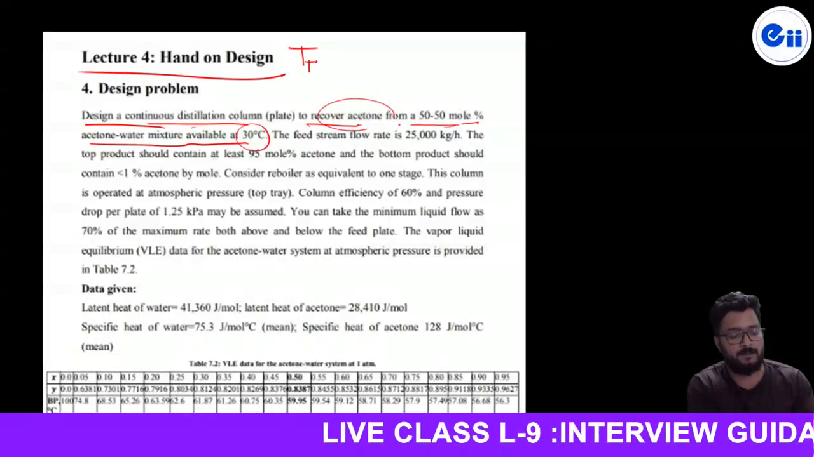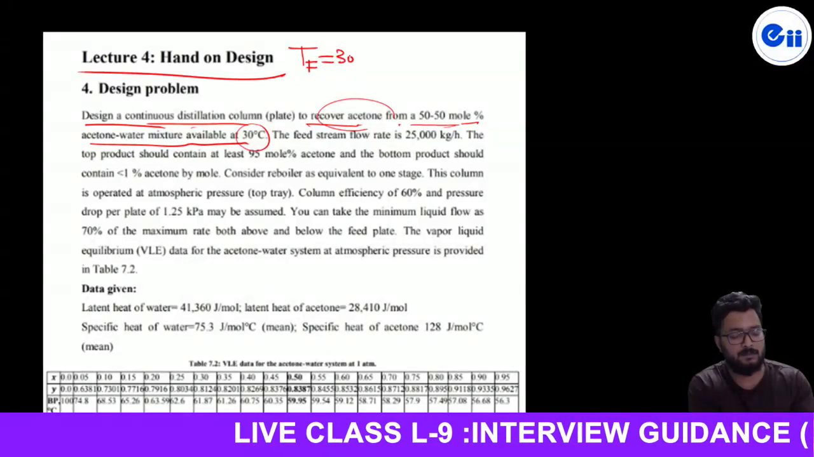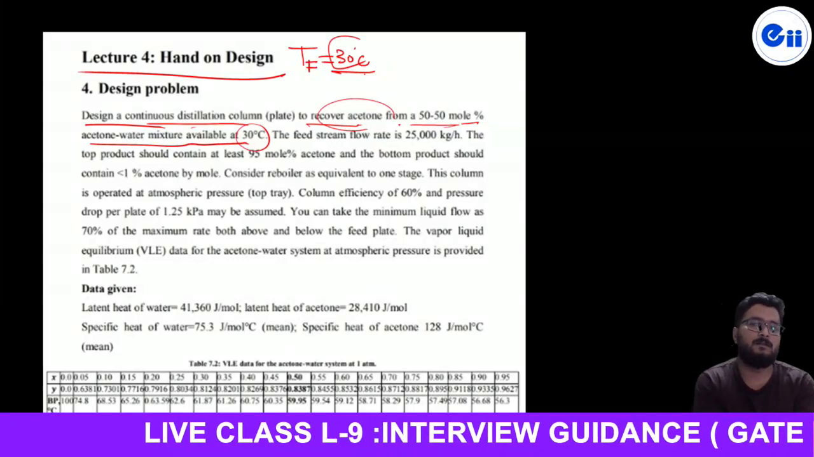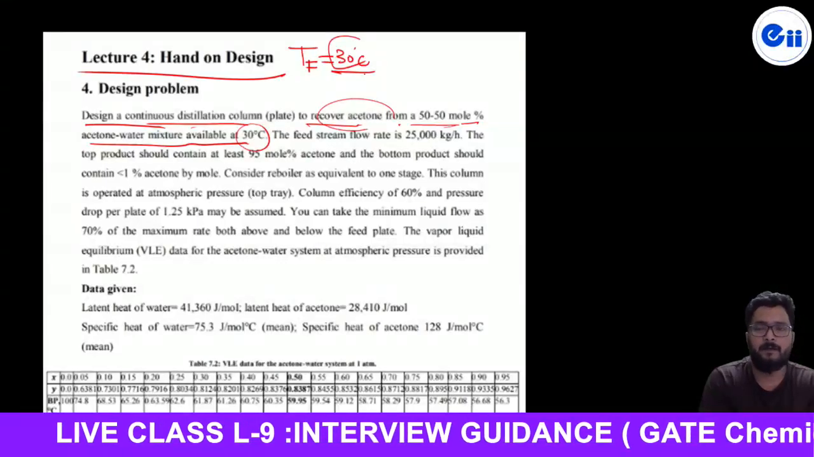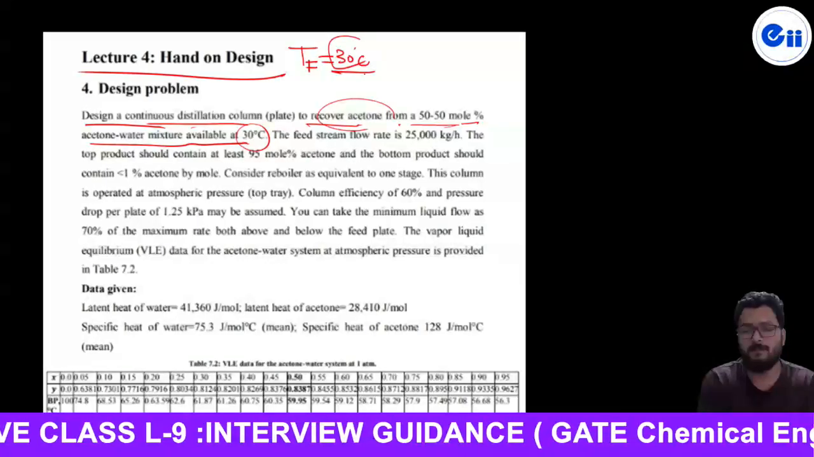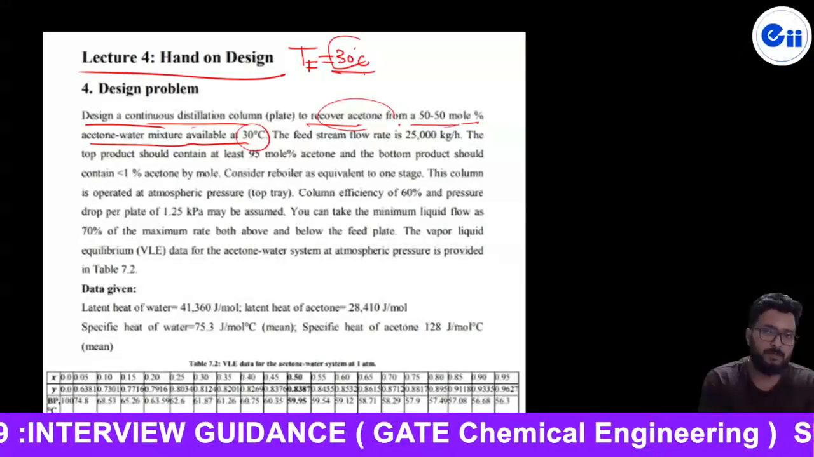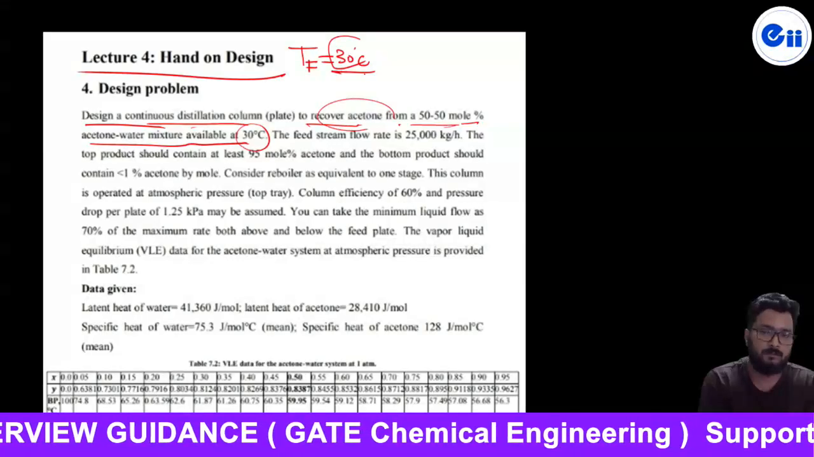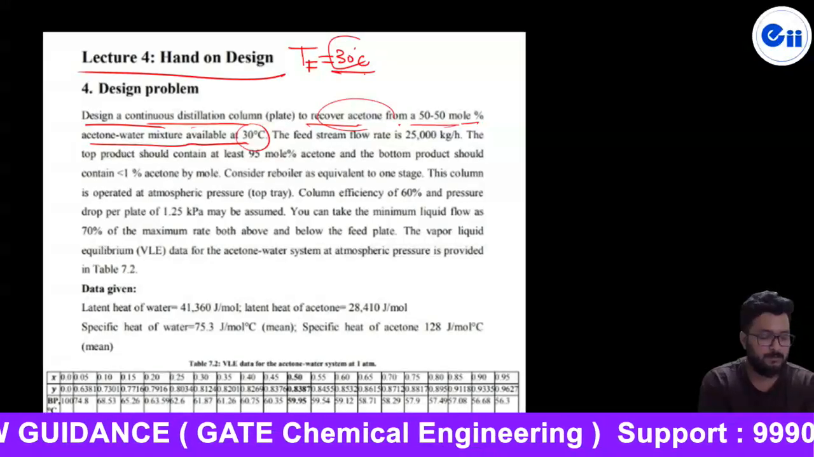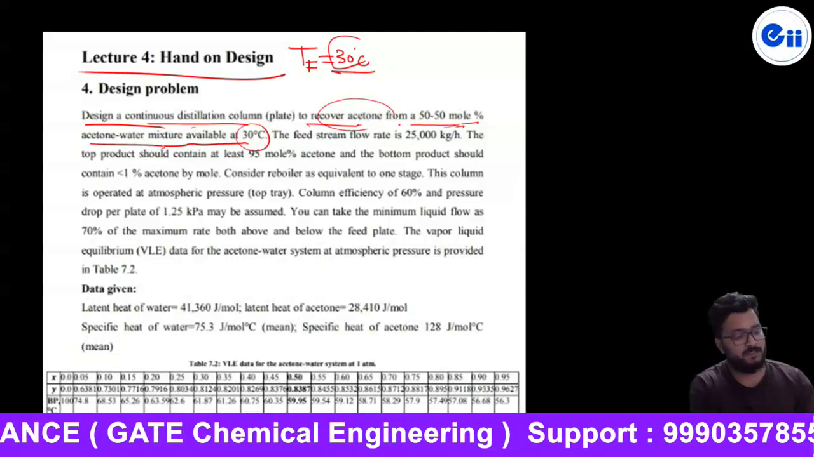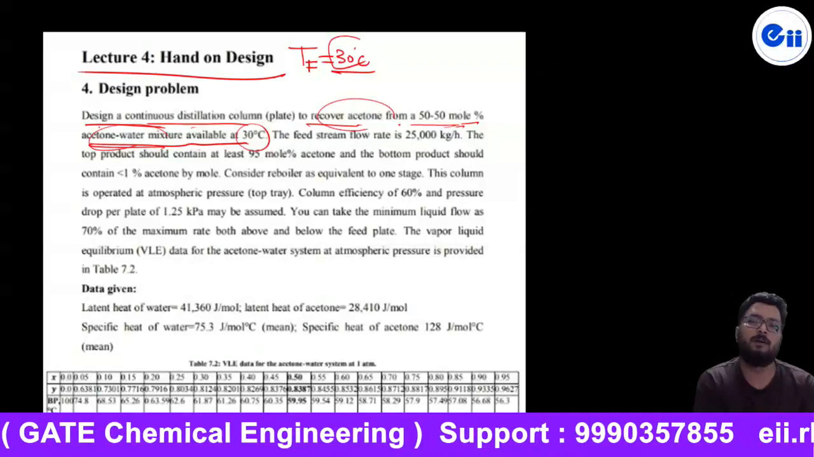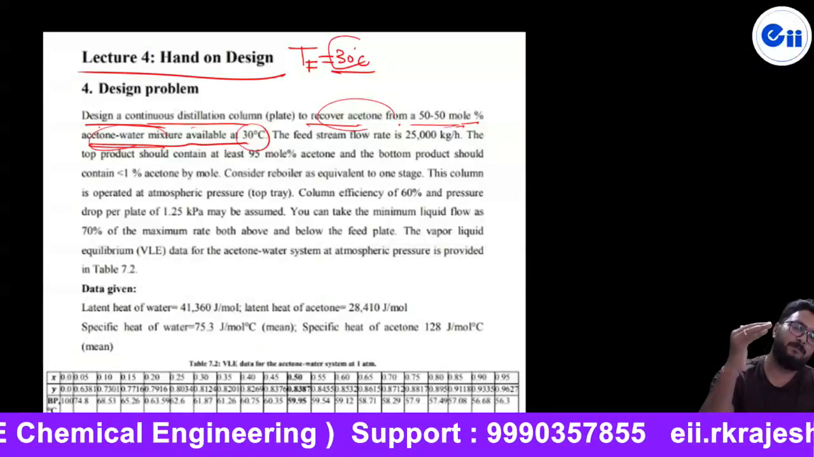First of all, the feed temperature is given as 30 degrees Celsius. Now, what is the condition of the feed? I can decide that on the basis of the bubble point. Suppose this is a liquid mixture, clearly written as a 50 mole percent acetone-water liquid mixture. Then obviously, vapor is first going to form at the bubble point